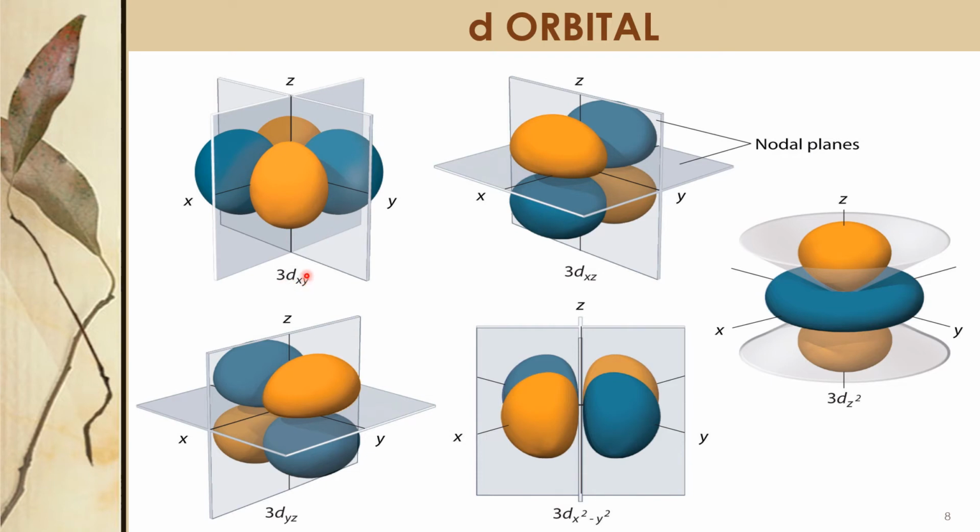Why xy? It is the x and y plane. See, this is the x plane and this is the y plane. So electrons are available in the xy plane only, xz plane only, yz plane only. So this is the psi square value. They have made it x square minus y square only on the x and y, and this one only on the z, not on the x and y. So these are the shapes of the d orbitals made on the quantum mechanical model, the graphical representation of psi square value versus r.